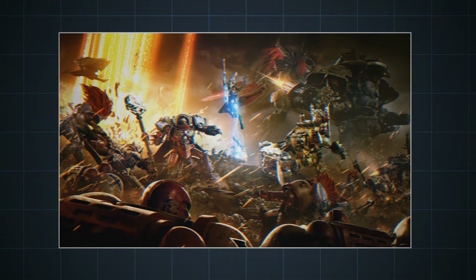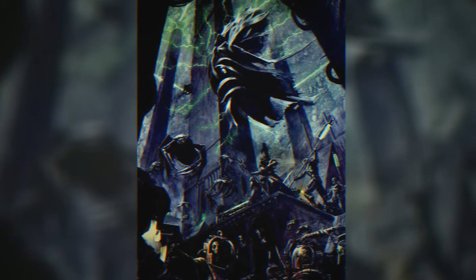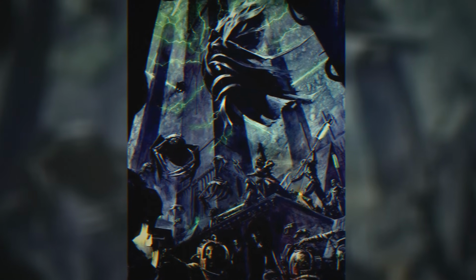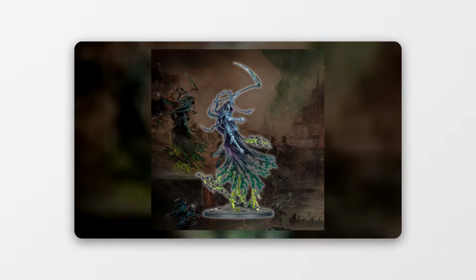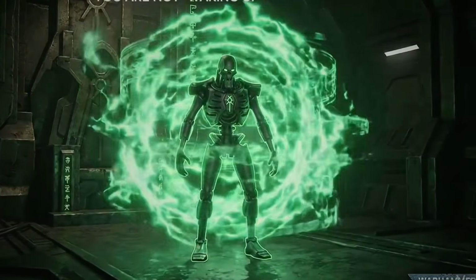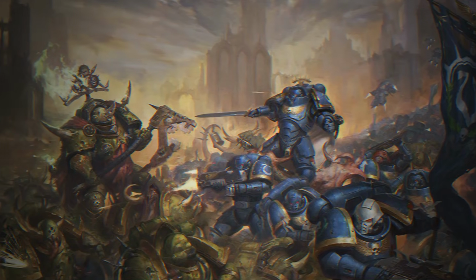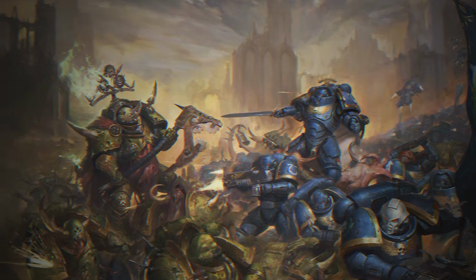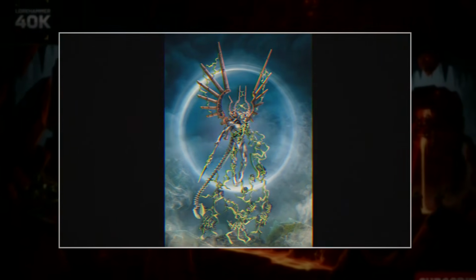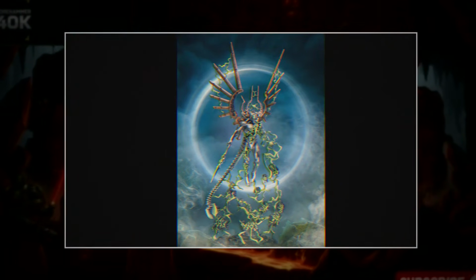The C'tan, those star gods who have enslaved the Necrons to their will, feed on the psychic energy and life force of countless beings during the war, growing ever stronger with each passing millennium. The Nightbringer, the Deceiver, the Dragon, and their star god brethren gorge themselves on the death and suffering that permeates the galaxy. Every world the Necrons conquer becomes a feeding ground. Entire civilizations, some of them creations of the Old Ones and others that arose independently, are harvested for their life essence. The C'tan develop ever more refined tastes, learning to savor not just the raw energy of dying stars, but the complex flavors of mortal terror, the exquisite notes of psychic anguish, the rich sustenance of souls torn from bodies.